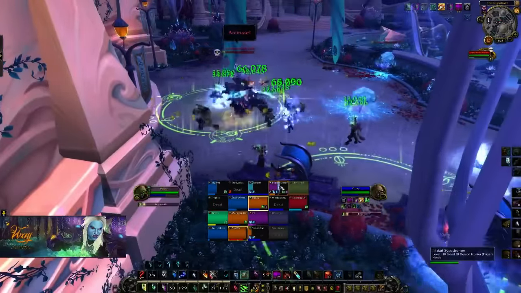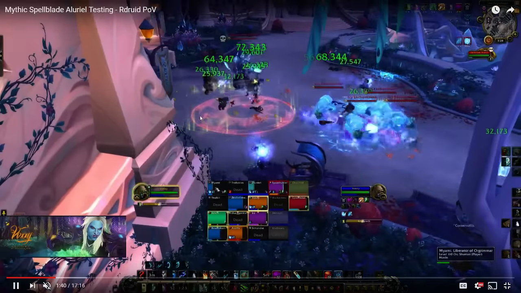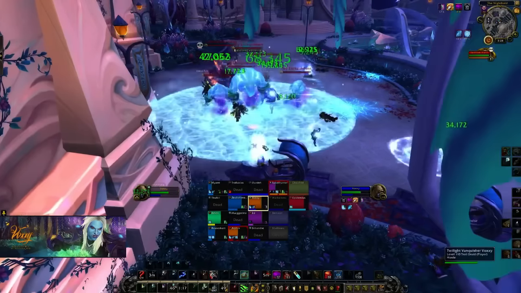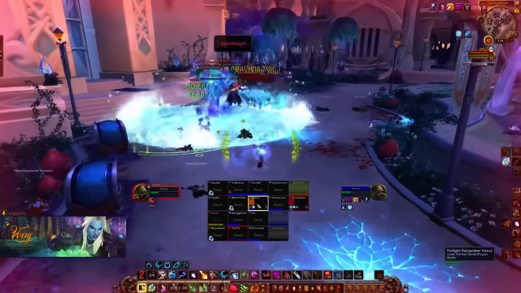She will use this during Aluriel's Fire phase. So basically, the leap is going to cause you to have to spread out 8 yards apart. I'm guessing it's going to drop a flame patch, which may cause a lot of movement around this room. So you're going to clear all the trash. But as far as